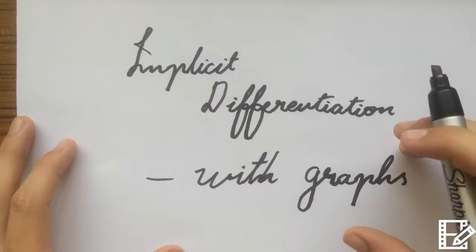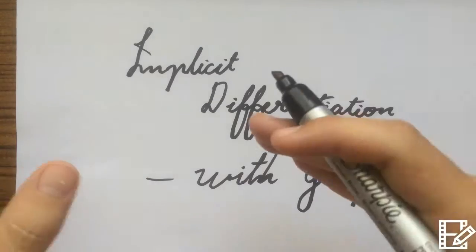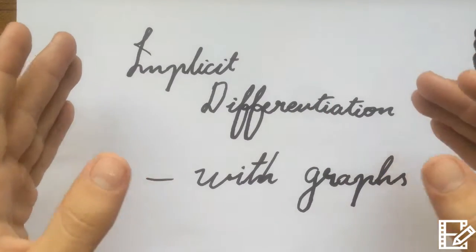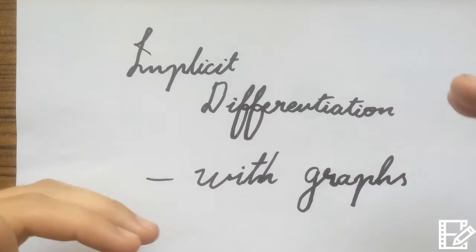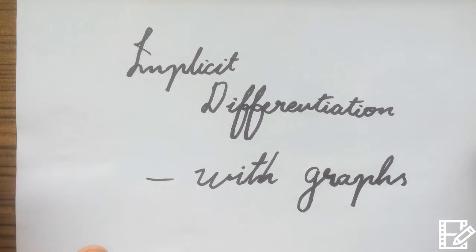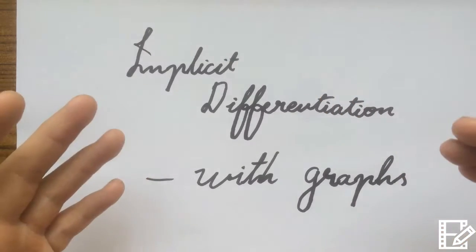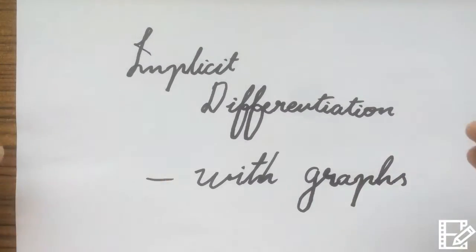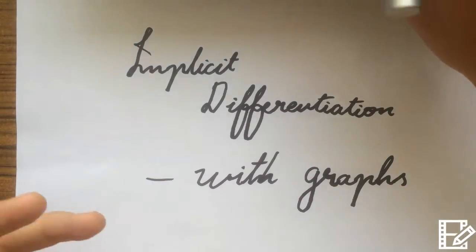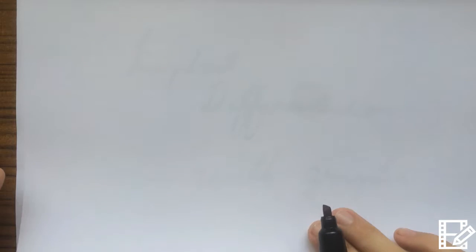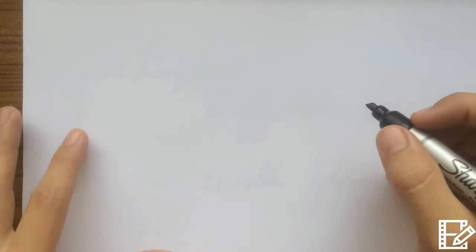This is going to be one where I did videos on implicit differentiation, now I'm doing them with a graph so you can sort of understand a bit better. Before it was just techniques and how to do it. Here I'm showing you with the graph so you can start thinking about things from a different perspective. Anyway, so